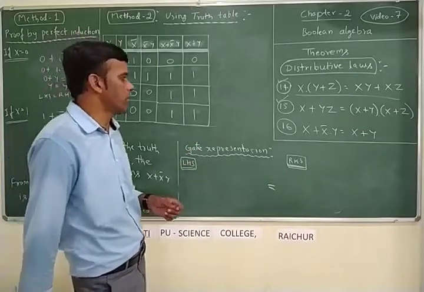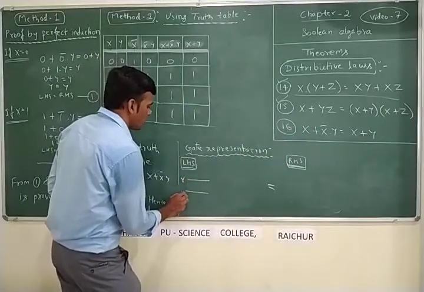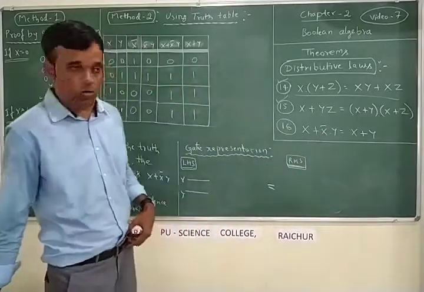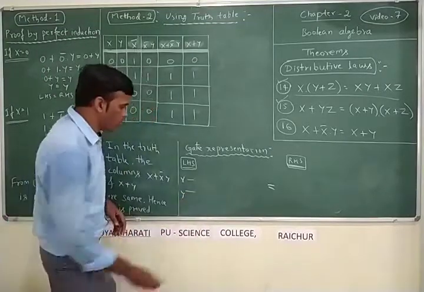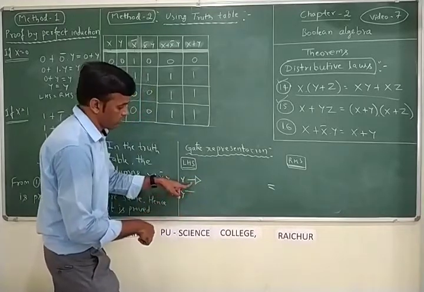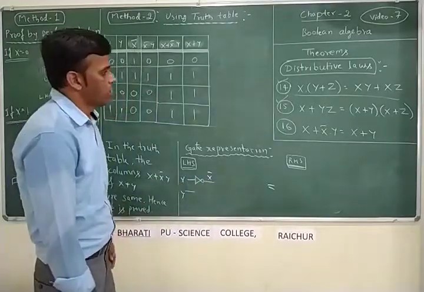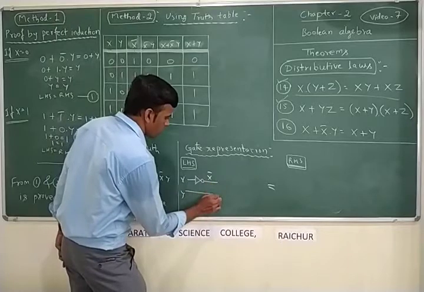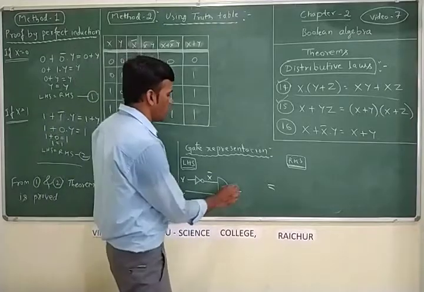Now, gate representation for this one, only two variables, the line x and another line or say signal y. So x complement is there, so we have to go for the NOT gate for the variable x, or for this signal, whatever the value you are getting here, we have to reverse the one. So arrow mark and bubble symbol. So this side is going to be now x bar. So x bar, then it has to be ANDed with the variable y. So ANDed in the sense the other line, when it is taken, then we have to go for the AND gate. So x bar y,